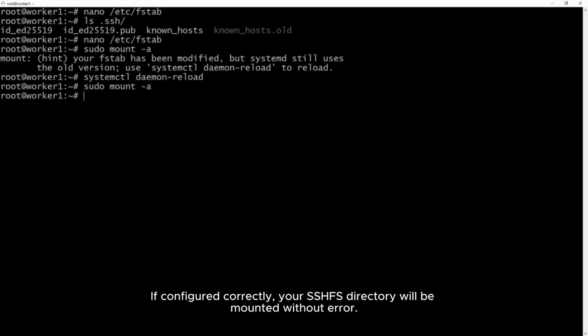If configured correctly, the SSHFS directory will be mounted without error. You can also reboot the machine to check if the directory is automatically mounted again.